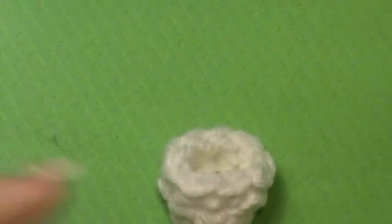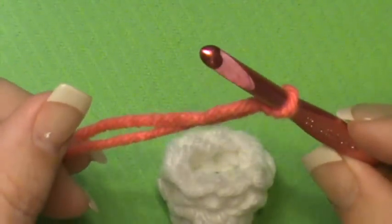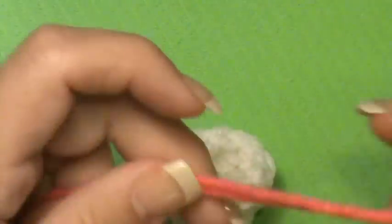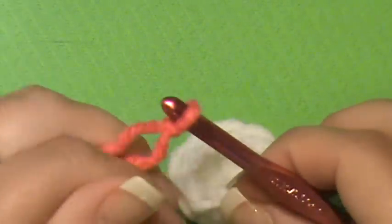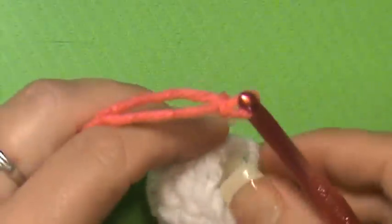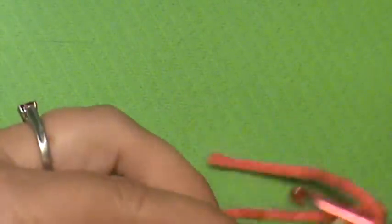Okay, so our first petal ring and first round of this, you're going to use your second color, and I'm going to use the flamingo pink because I'm going to actually use this color for the last bordering round as well, so I want to use this color early on. So you want to join this color in the front loop of the single crochet from the last round. Okay, so I'm going to join it into the front loop,